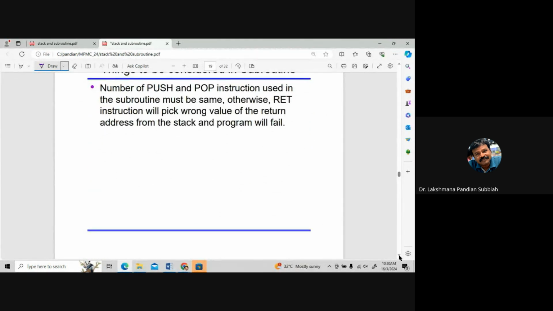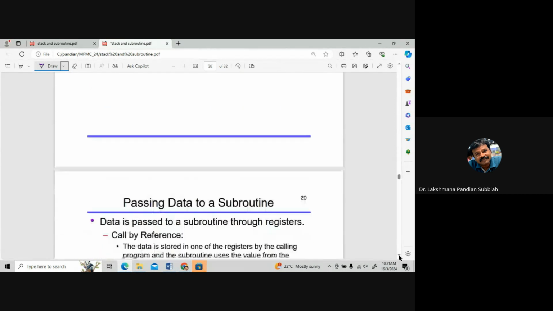Okay. So the number of push and pop instructions used in a subroutine must be the same, right? Whatever we push, we have to pop correspondingly. We are using that one container, we push something, and when we want it back, we pop in the reverse order and make sure everything is popped, then it will go empty. So you have to be careful with the correct address,